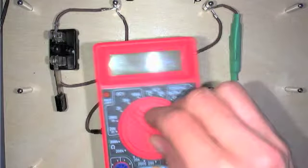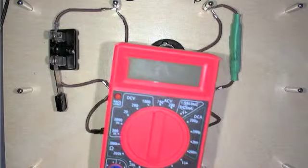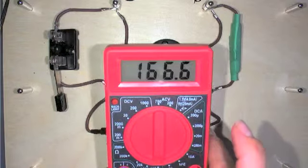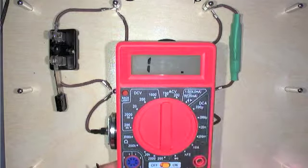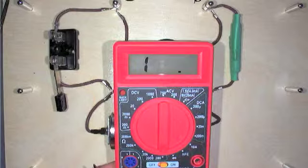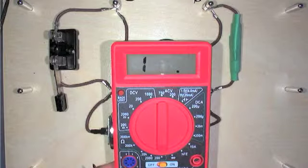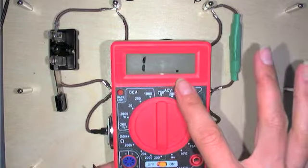Okay, we take the dial and we turn it to either 200 ohms or 20 ohms, whichever is least. And we turn this on. Okay, right now you see this 1. This means that the resistance is so enormous. Okay, the reason the resistance is enormous is because electricity can't jump through there. So this is like a non-answer. So if you see this, the 1 and then the period, okay, with all the spaces, that means you're